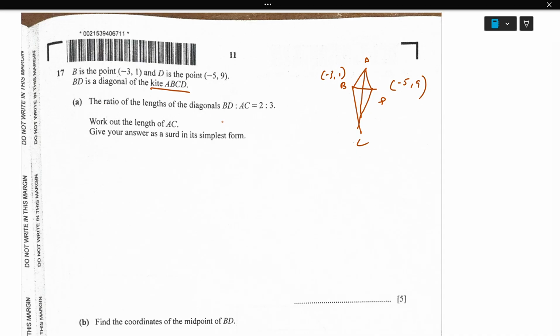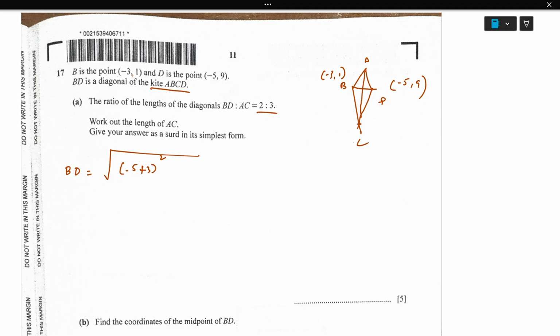So the first part: the ratio of the lengths of the diagonals BD to AC is 2 to 3. Work out the length of AC. Here, the coordinates of BD are given. So first we will find the length BD, square root of (x2 minus x1) whole squared. So (-5 minus -3) whole squared,